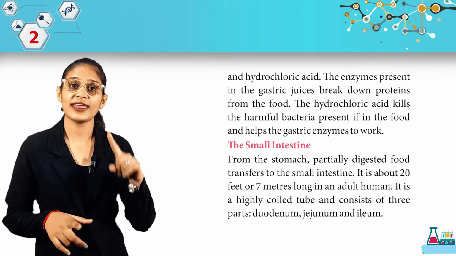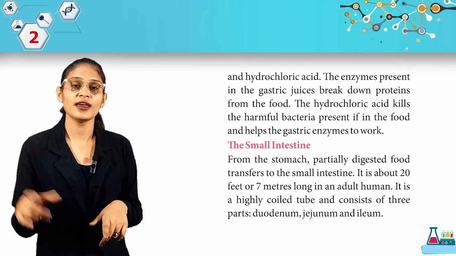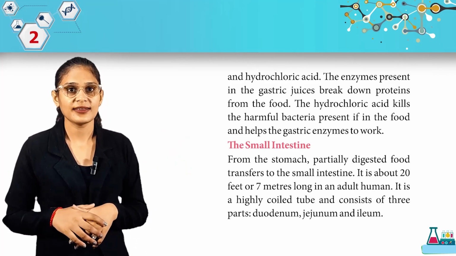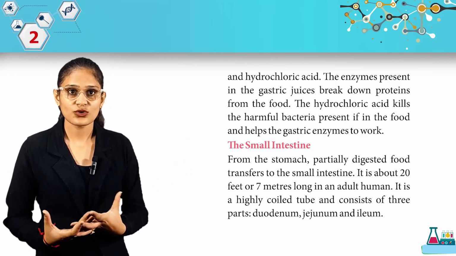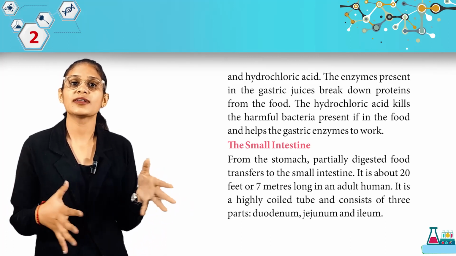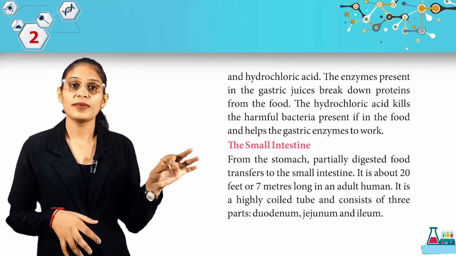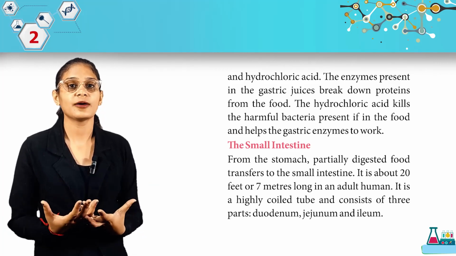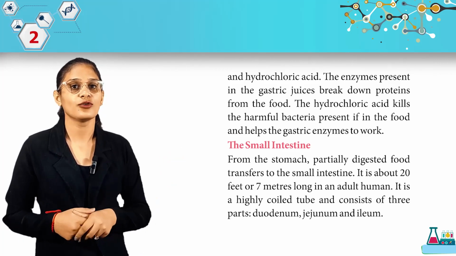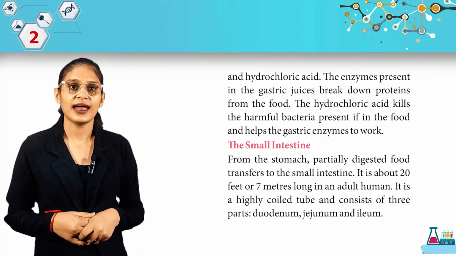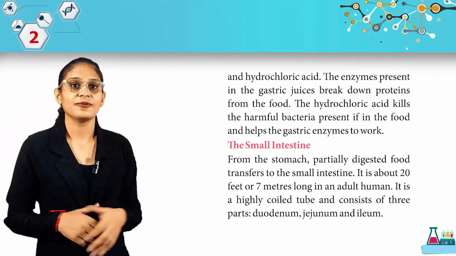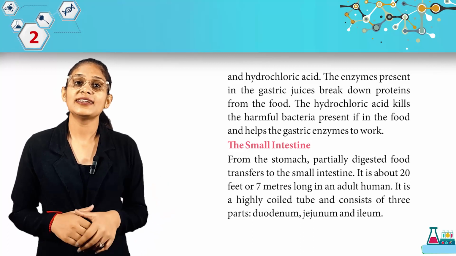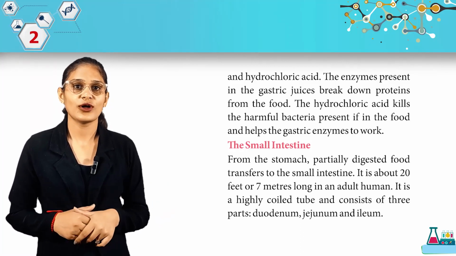स्मॉल इंटेस्टाइन में। उसका एक एंड ईसोफेगस से कनेक्ट होता है और एक एंड स्मॉल इंटेस्टाइन से। उसमें बहुत सारे गैस्ट्रिक जूसेस सीक्रेट होते हैं और वो हेल्प करते हैं आपके फूड की डाइजेशन में, और मेनली हाइड्रोक्लोरिक एसिड भी वहां पर सीक्रेट होता है जो हेल्प करता है आपके फूड में जो बैक्टीरिया प्रेजेंट है उनको किल करने में। Now we have the small intestine. From the stomach, partially digested food is transferred to the small intestine.